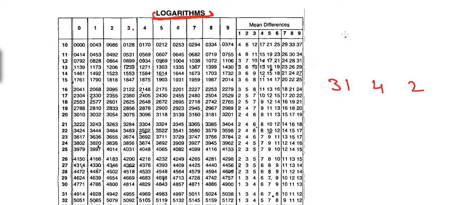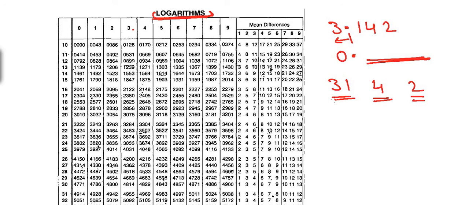So we are calculating the log of 3.142. Now let us first write its characteristic. Now 3 is greater than 1. This is the decimal. How many digits are there to the left of it? 1. Subtract 1 from it. So the characteristic is 0. Separation point. Now we will write the mantissa over here. To find the mantissa, we have grouped it like the first two digits, third digit and fourth digit.